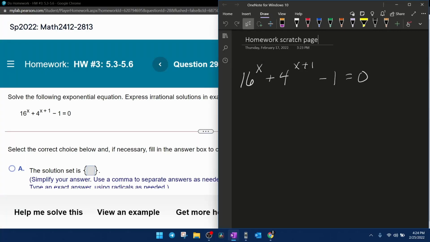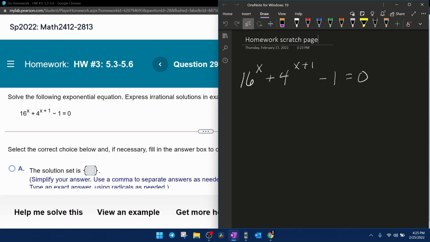Right, here we go. Question 29 from our Precalculus homework number 3. In MyLab Math, they want us to solve the exponential equation. They do want the exact value, so no decimal approximations. And I'm going to attack this problem as if I really don't know how to do it,